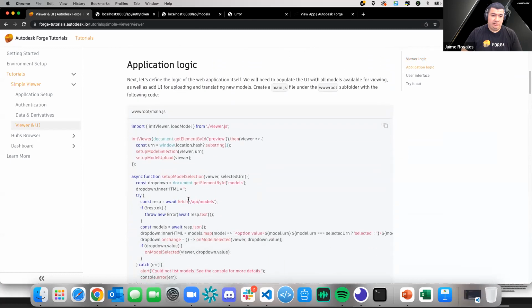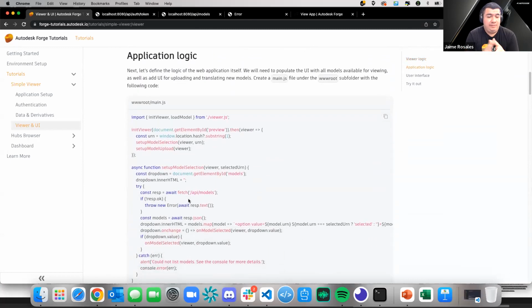So now for the application logic, it says basically, next we will define the logic of the web application itself. We will be needing to populate the UI with all the models available for viewing. Those models are going to appear in some sort of tool, it's not a toolbar, it's like a drop-down menu, sorry. At the beginning, when we load it, that's going to be empty because we don't have any models in our bucket. But that's going to change as soon as we start uploading models into that bucket, get translated, and they become